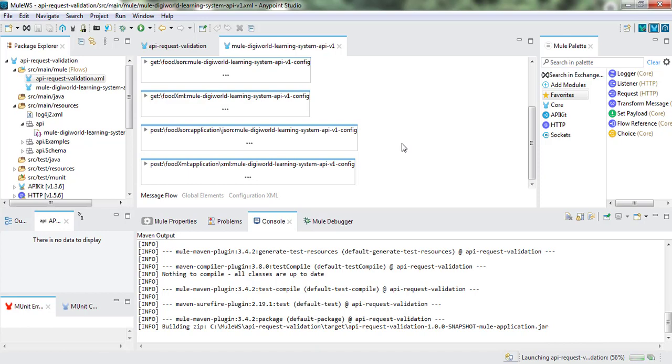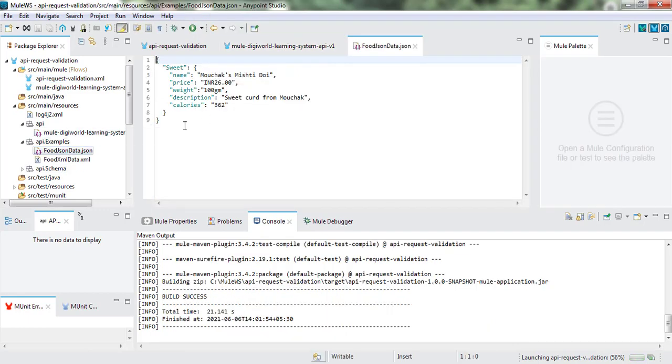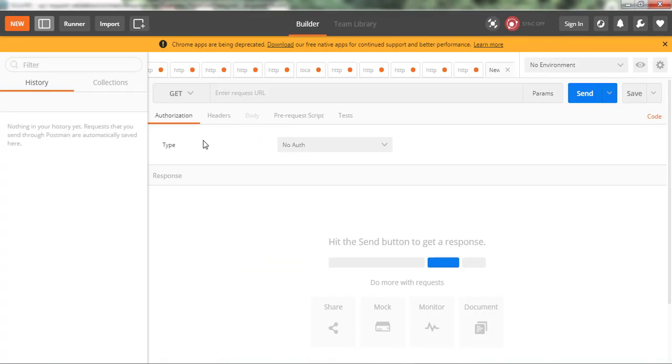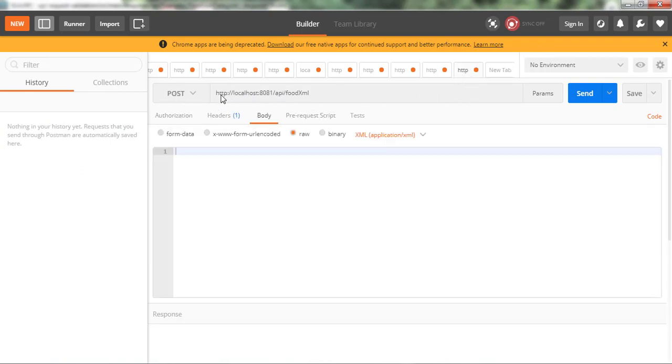So until it gets deployed, let's prepare our request. These two data examples which we have, we will be using for our request. So let me go to this Postman, and here if you see, this is the path of our XML